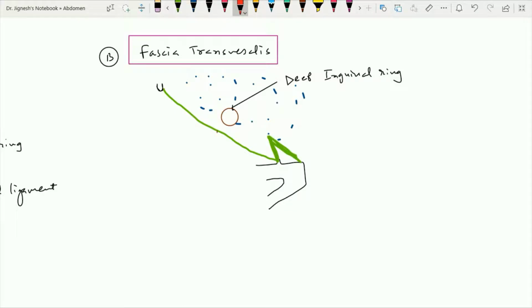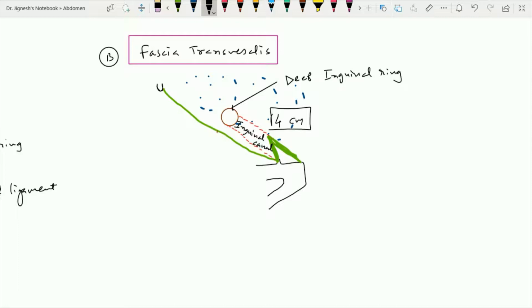And the tunnel between this deep inguinal ring and the superficial inguinal ring is called the inguinal canal. This inguinal canal is 4 centimeters in length, and it is directed downward, forward and medially, because it passes from the deep inguinal ring to the superficial inguinal ring. The deep inguinal ring is situated laterally, and the superficial inguinal ring is situated medially, while the deep